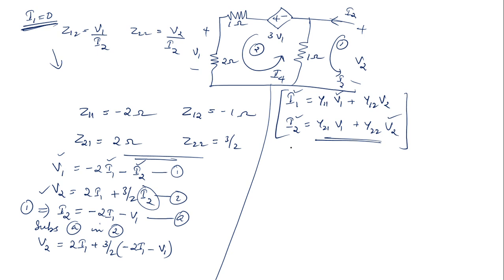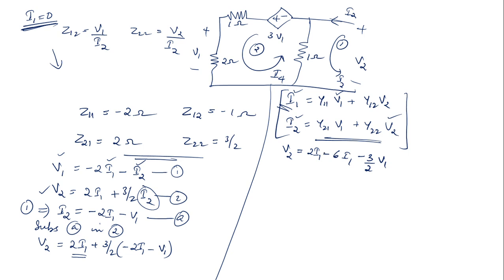Now you can do the rearrangements. V2, you need, what do you need? You need I1 equal to, right? Here you are having an I1. So you need I1 equal to, I'm just going to expand it. 2I1 plus, sorry, minus 6. I'll just take the eraser. Okay, so that is 2I1 minus 6I1 minus 3 by 2 V1.